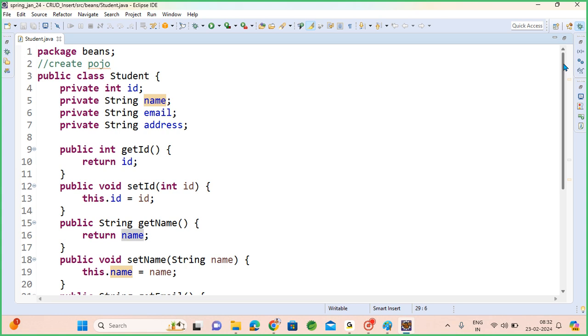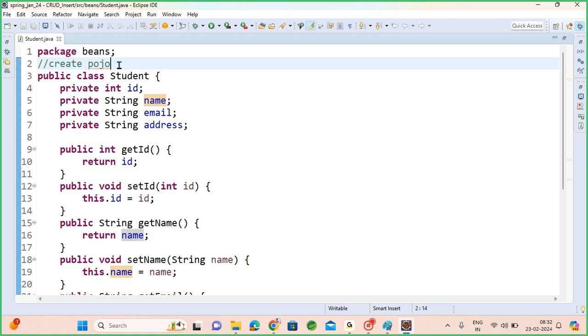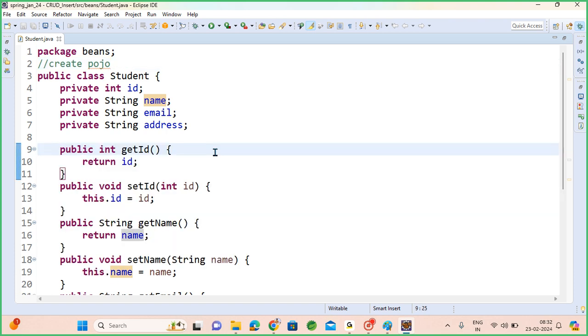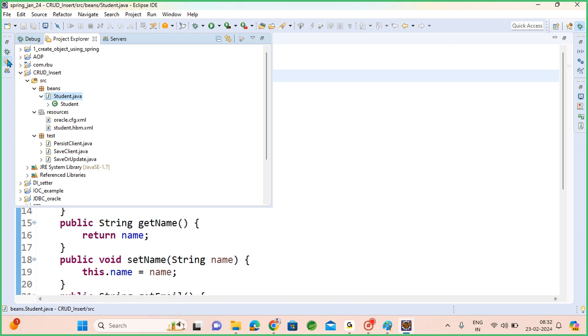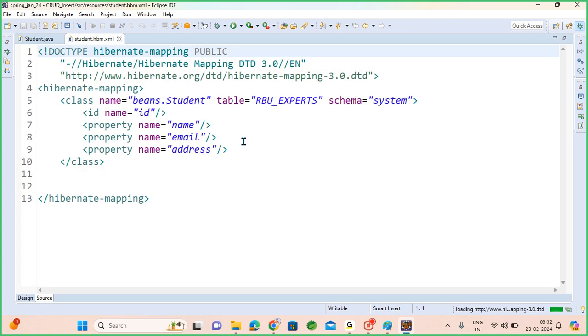If you don't want setter and getter here, at least use an annotation, the Lombok @Data annotation or @Setter and @Getter annotations. End of the day, they also provide getters and setters. Okay, you created the student POJO class. What next? Create a mapping file. If you are not using annotations, you need to create a mapping file